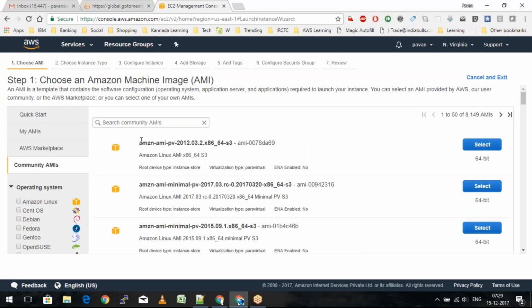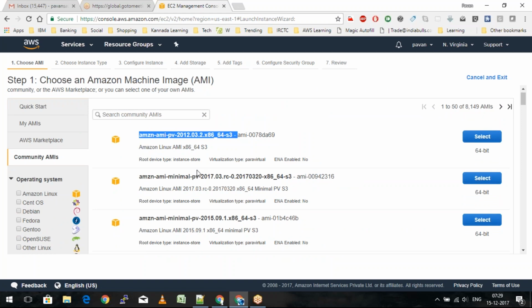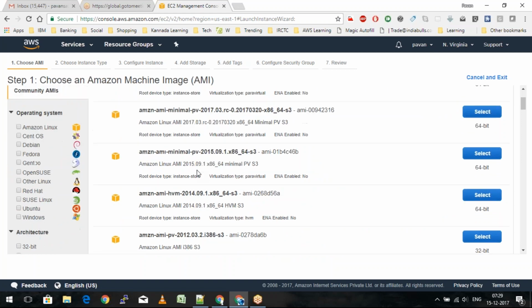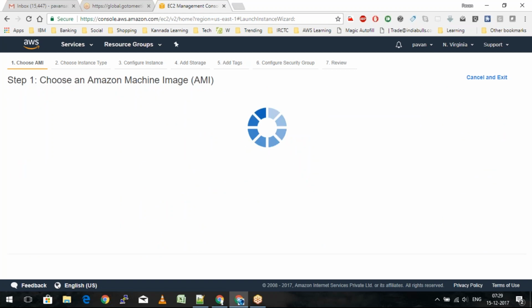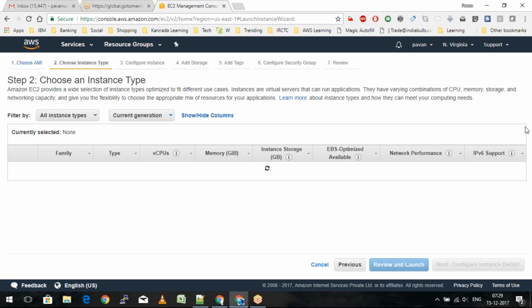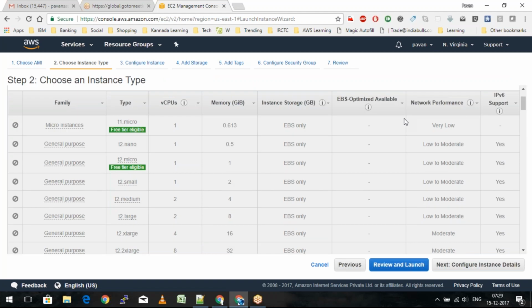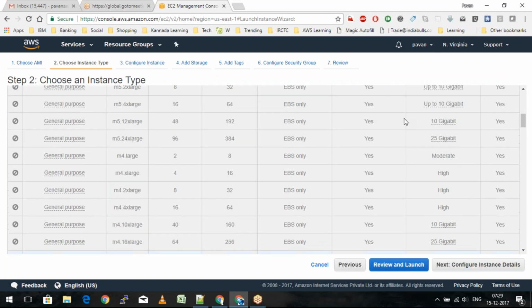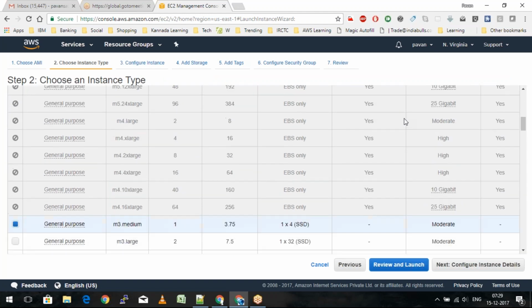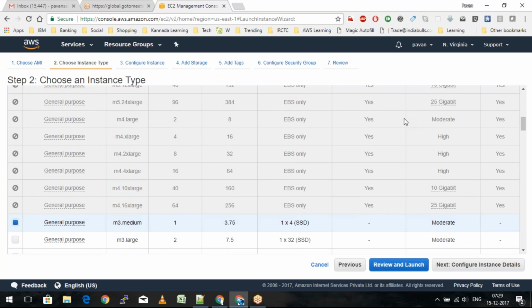and I'll be able to see that there are certain AMIs which have the root device type as instance store volumes. So I'm going to pick up one of them here, and let's go ahead and spin up one of the instances. Let's check if we have availability of any other machine.